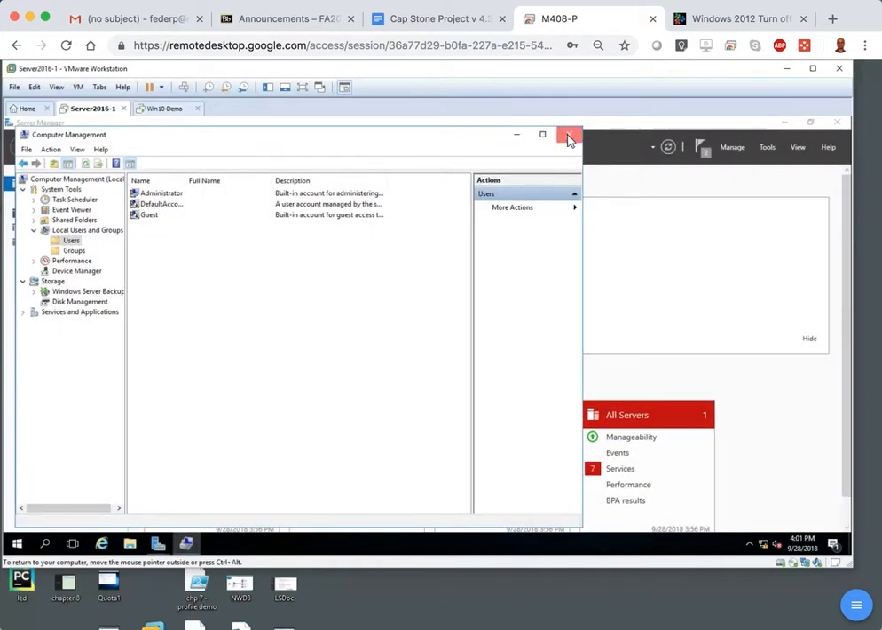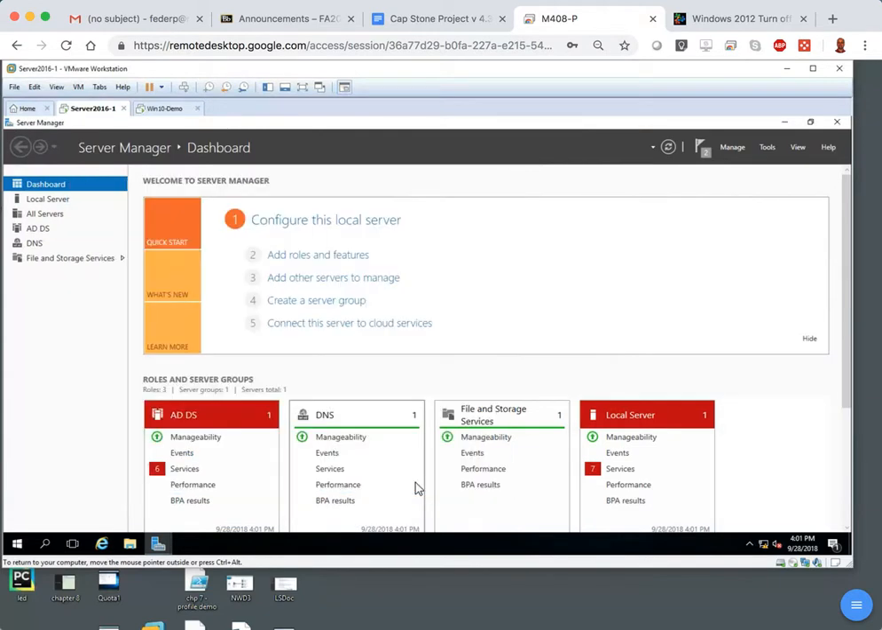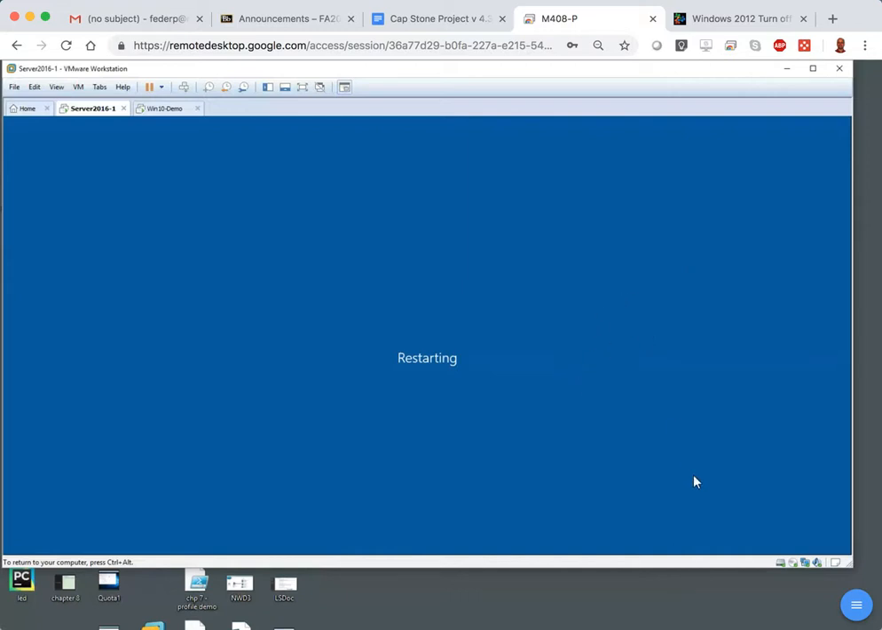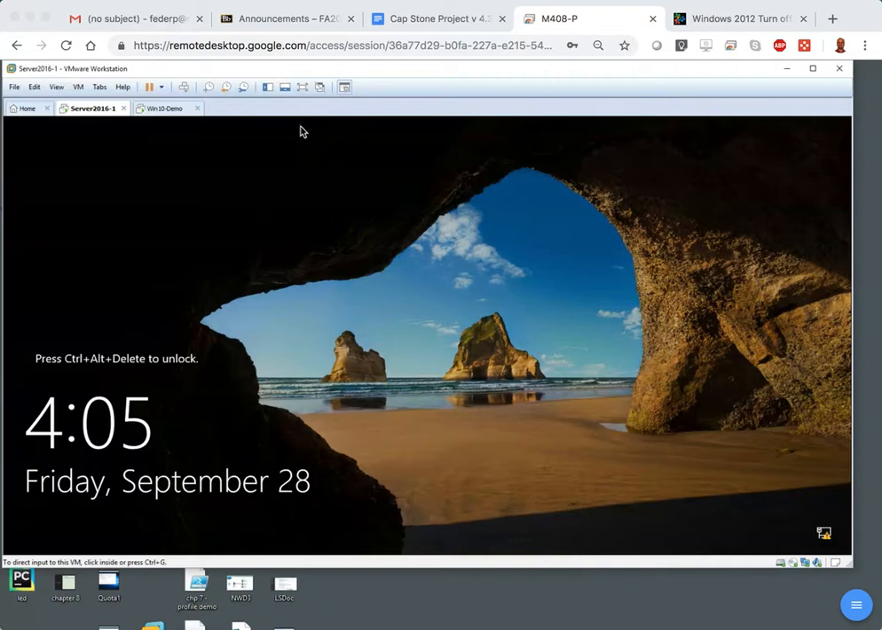My machine is rebooting. That's what that's all about. So do we have anything else going on here? Looks like we're all done. So when we log in next, we will have a domain controller. All right, so now our domain controller is rebooted,